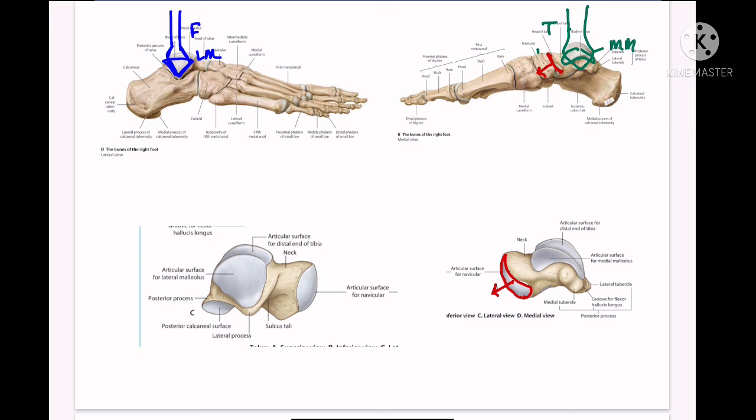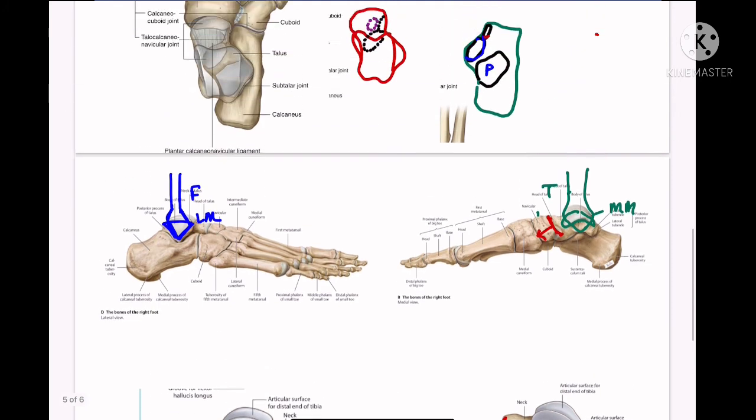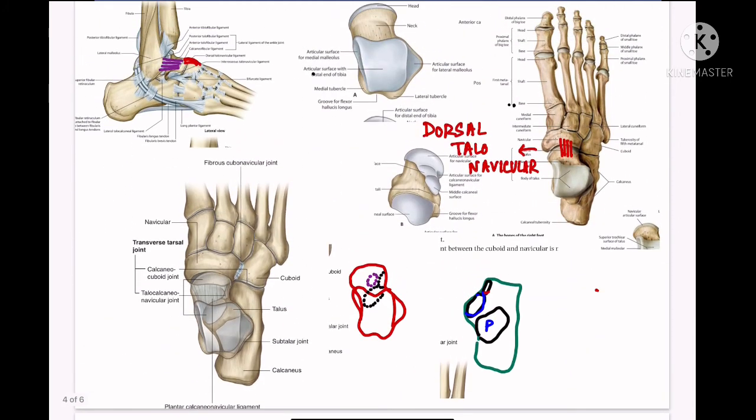So medial and lateral surface we have seen along with the superior surface. So what is the superior surface? This is the superior surface. Medial surface is this one. This is the lateral surface. Now what about the inferior surface? In order to see the inferior surface, we have to make the